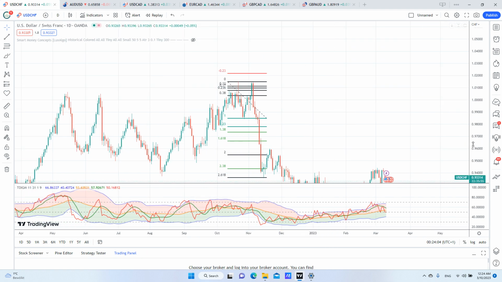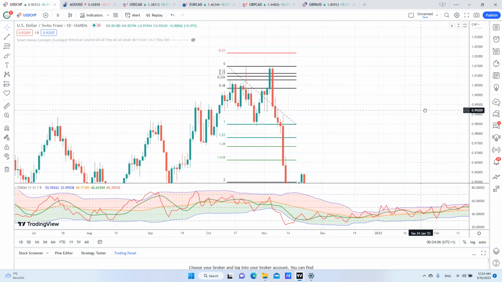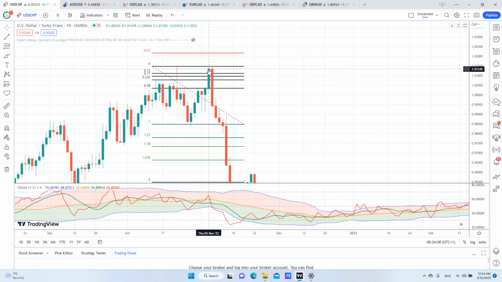So the best entry will actually be on Thursday here, exactly around market close. And then what happened on Friday, before even the NFP, it moved